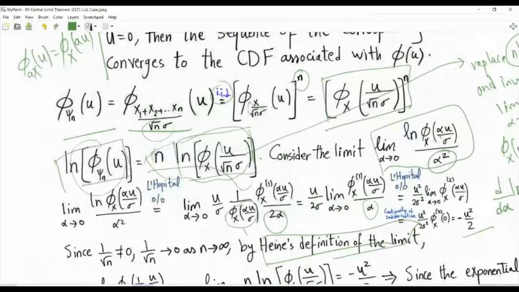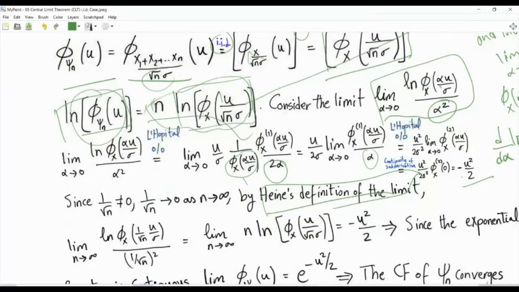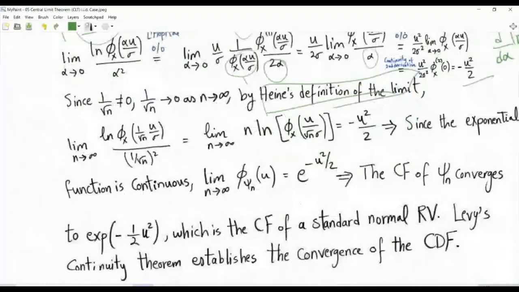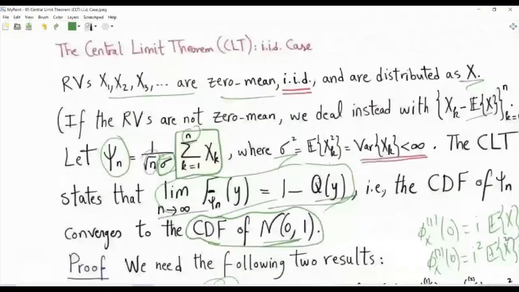So this thing here, as n goes to infinity, goes to minus u squared over 2, and because the exponential is a continuous function, the limit of phi of epsilon n at u is e to the minus u squared over 2. And what about this function? Is it continuous at u equals 0? Yes, you can plot it. It looks something like this, and it is not just continuous, it is infinitely differentiable. So we can now apply Levy continuity, which means that if your characteristic functions converge to something that is continuous at u equals 0, then the CDFs converge. So this statement will hold, and the CDF of epsilon n will converge to